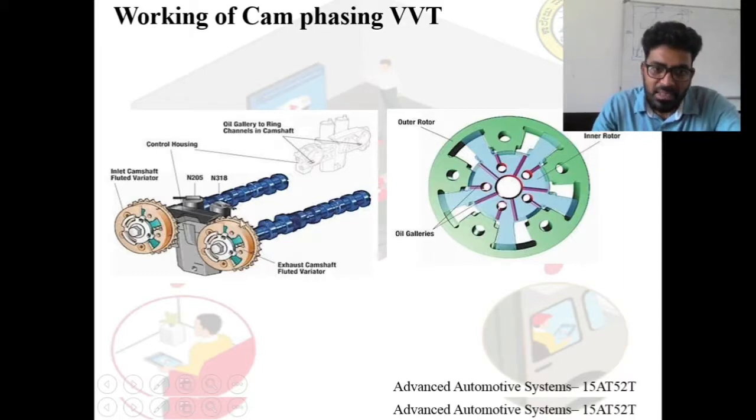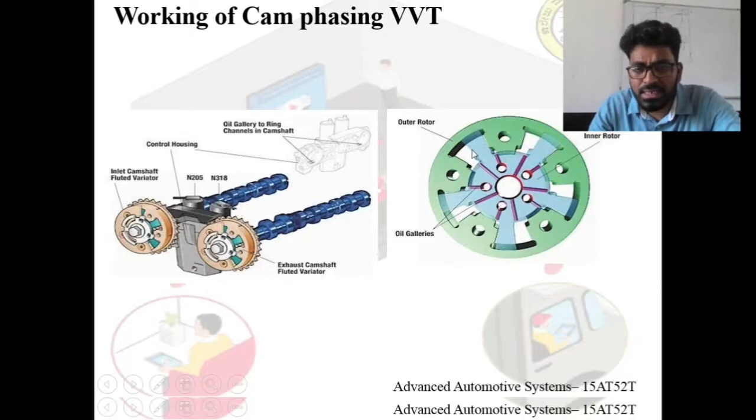Okay. Here the difference is that the advance and retard is controlled by this outer rotor and inner rotor, the inner rotor which is shown in blue color, which is in turn connected to the camshaft. You can see that when the engine is running at high speed, suppose the valve has to be open in advance. Assume that the valve has to be open in advance. At that time,